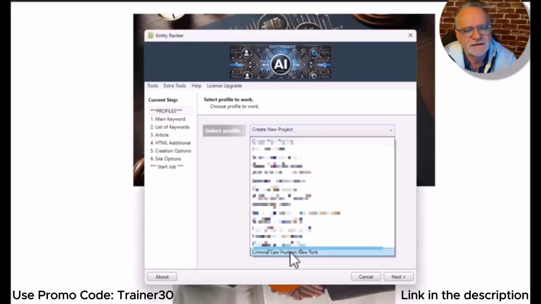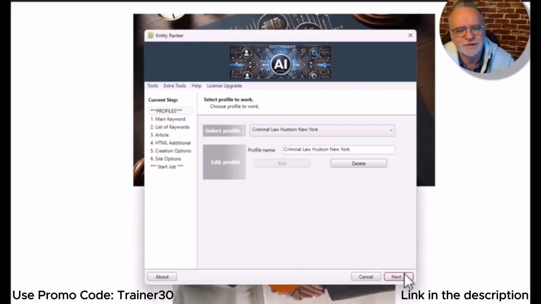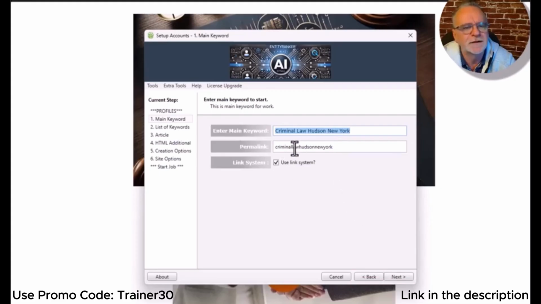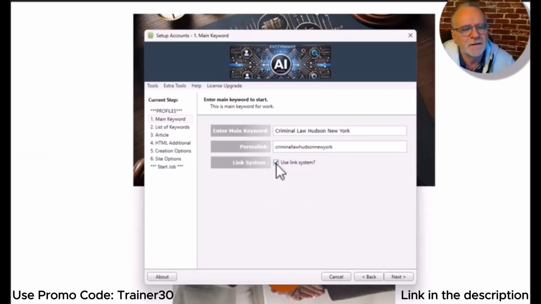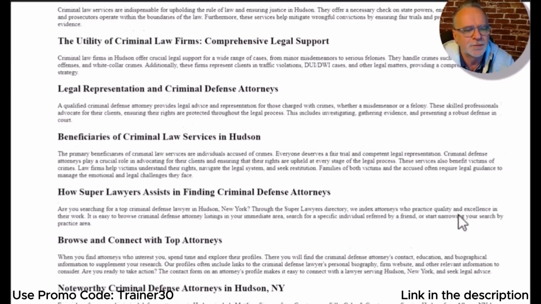So I'm going to select this exact project, keyword term that you want to rank for up the top. It creates this permalink down here. Now here we have a new feature, the link system. I'll explain to you what that is. In this project, the use link system was checked, and that produces